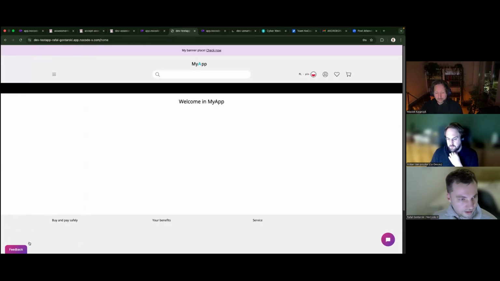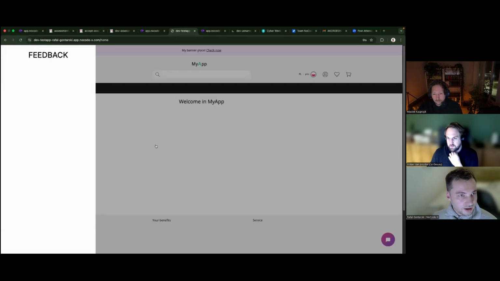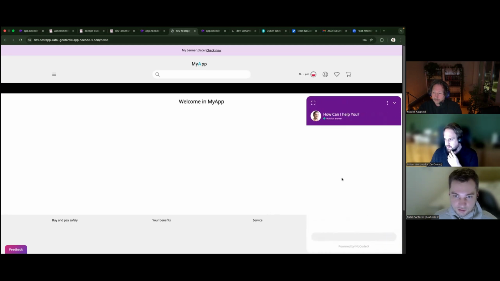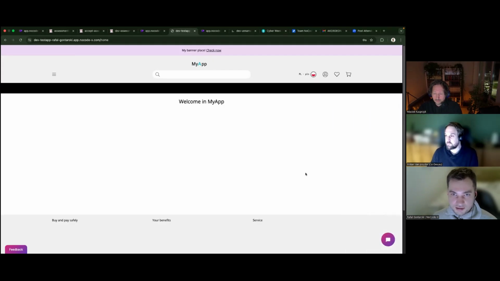There is a drawer for feedback. I prepared the initial version. Also I would like to show the basic version of a chat window, which is also working on Animatopy classes, and we can hide it this way. Yeah, and it looks very easy, I think, because I prepared that in my free time, and that's what I wanted to practice